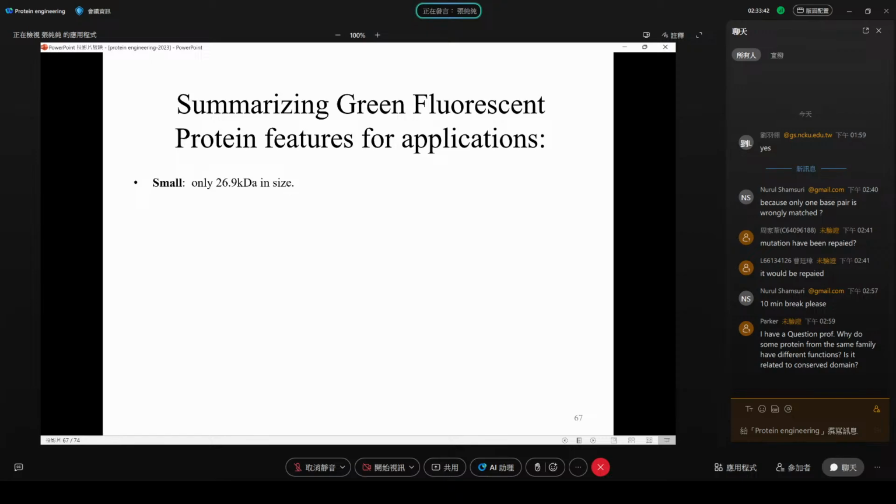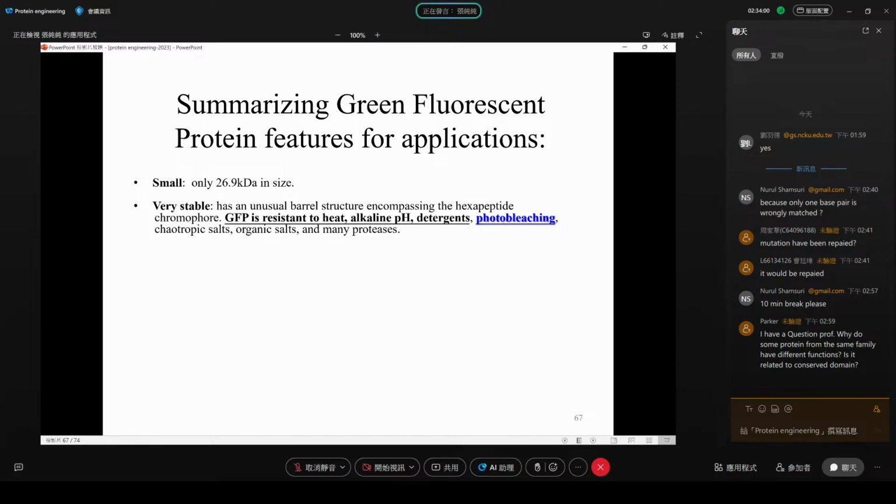But if we want to know these proteins are dynamic, we want to do the lab imaging, you really have to take advantage of the fluorescence protein. Only with a fluorescence protein tag on your component, your protein, can you see them in light. And especially the new versions of fluorescence protein are still small, very stable, and can resist a little bit of heat, alkaline pH, detergent,